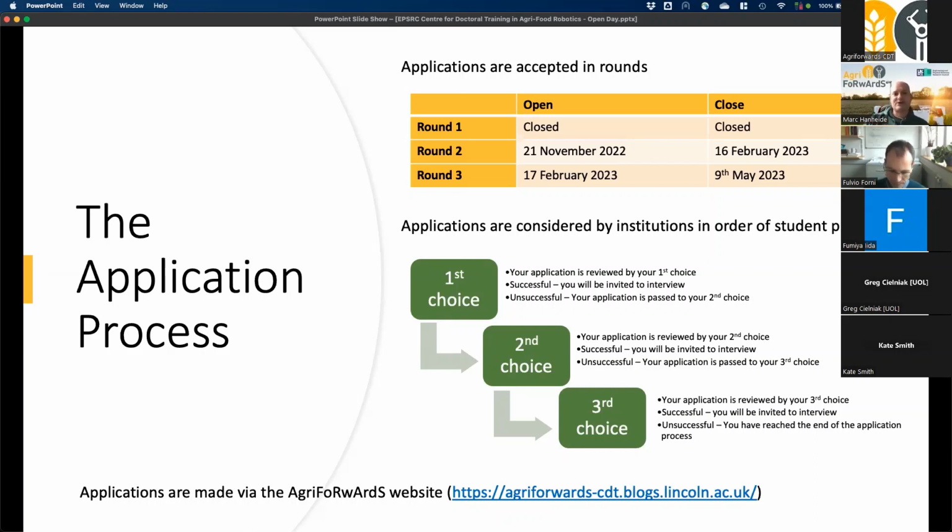So as part of the application, you are going to apply for one of the institutions as your first choice. They will assess your application. If you're successful, you're joining them as the PhD student later after your year in Lincoln. Should they decide you're not the best fit for them, then you're actually moving on to the second choice, and they will assess your application, and then you're moving on to the third choice. So we've got this staged process, and you are in charge of saying, this is the best fit, this is the best institution for me to do a PhD in. And then you basically rank your choices, and we will work through them, hoping really that we can find you